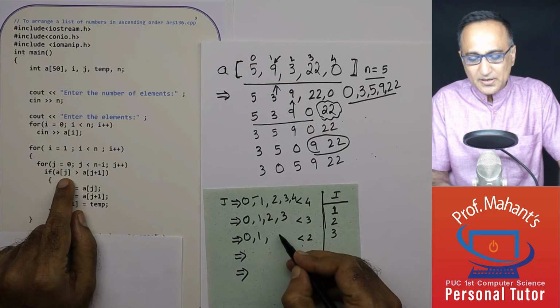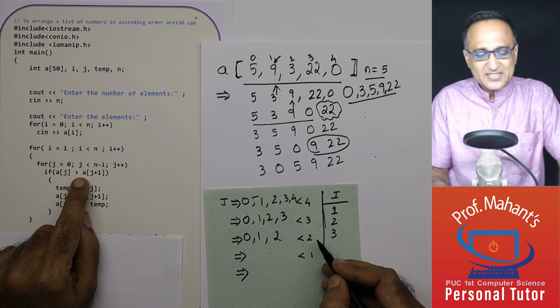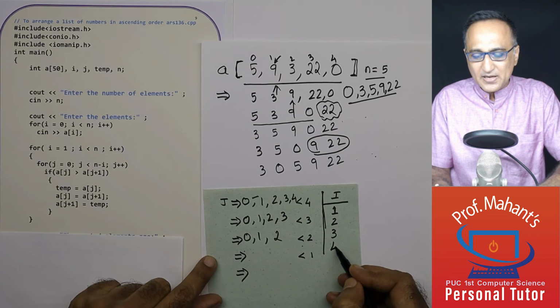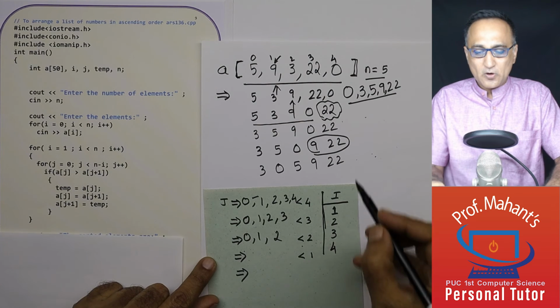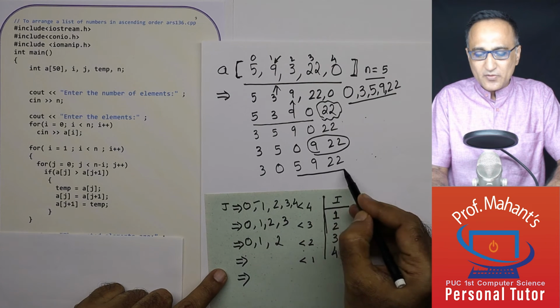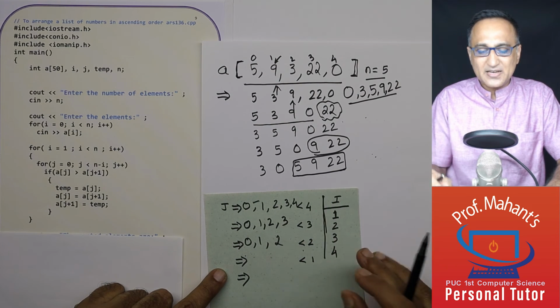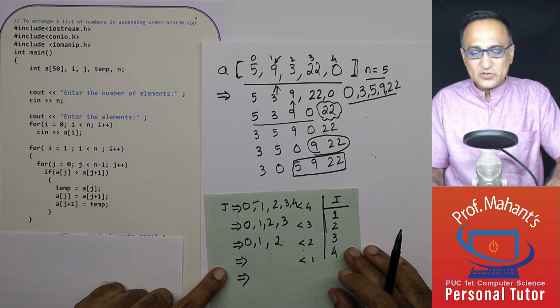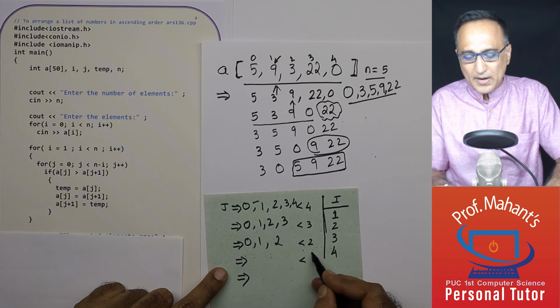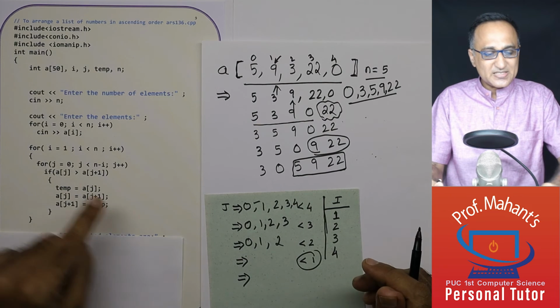Then j ends up becoming 2. 2 is not less than 2. So I go back here. I end up making I equal to 4. Alright. So now I have succeeded in solving this part of the puzzle. The last three numbers are in ascending order. I becomes 4. 5 minus 4 is what? 1. This is the last time this inner loop will get